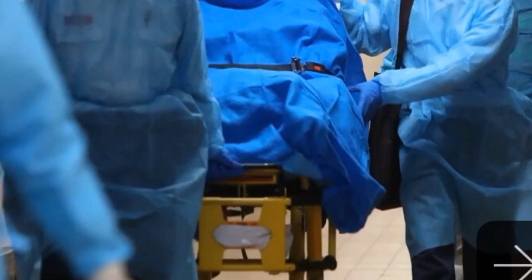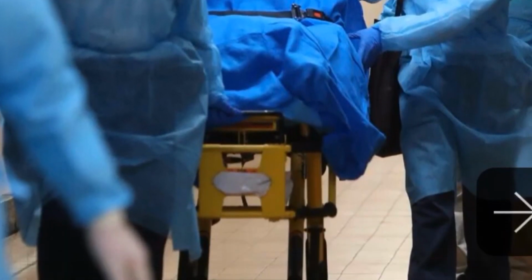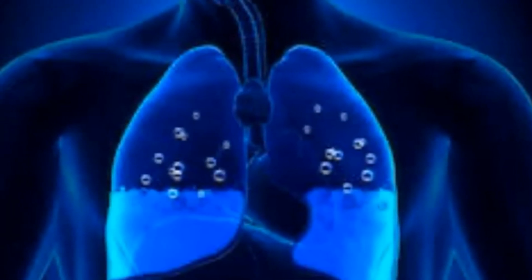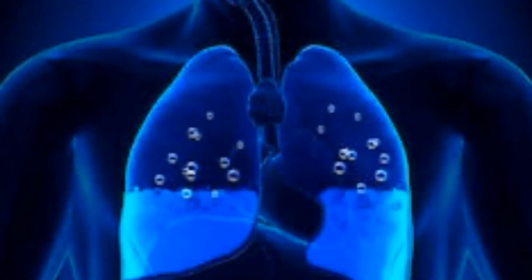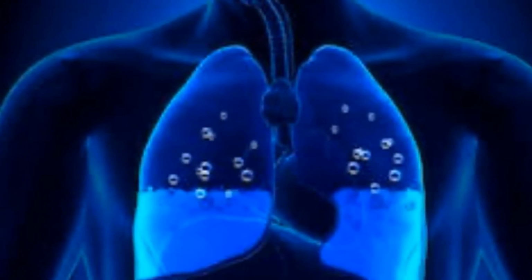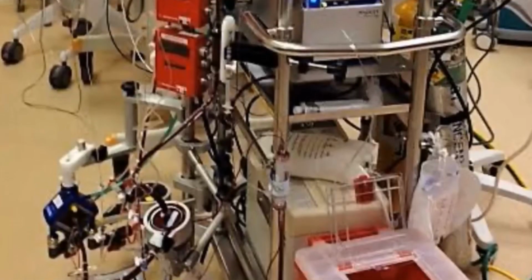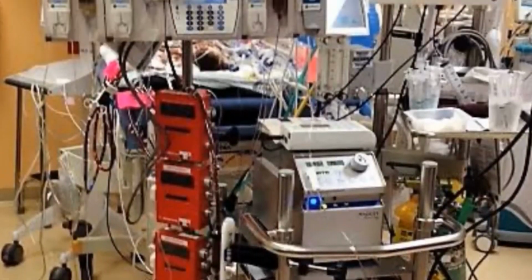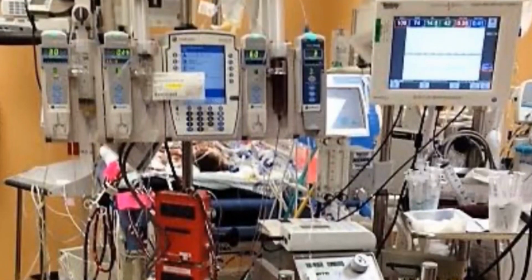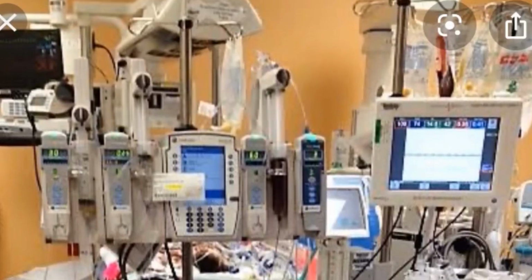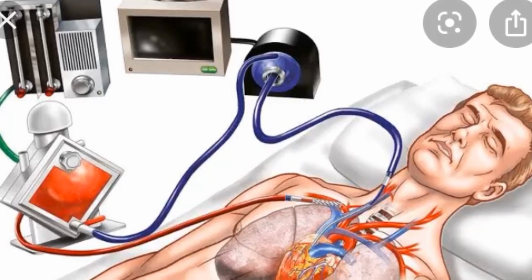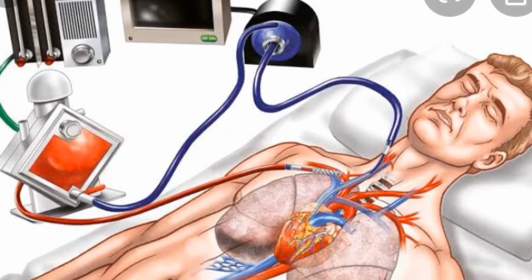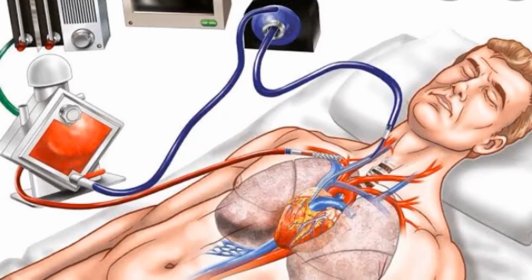The first death was a 61-year-old man. He had severe pneumonia when he was admitted to the hospital. He was in acute respiratory distress. His lungs were unable to provide oxygen to keep his organs alive. He was attached to an artificial lung, ECMO, extracorporeal membrane oxygenation machine, and this was not enough. Despite being put on a ventilator, his lungs failed and his heart stopped.